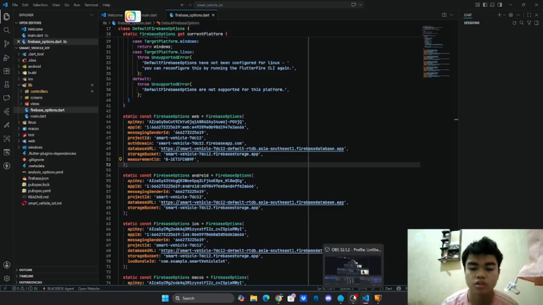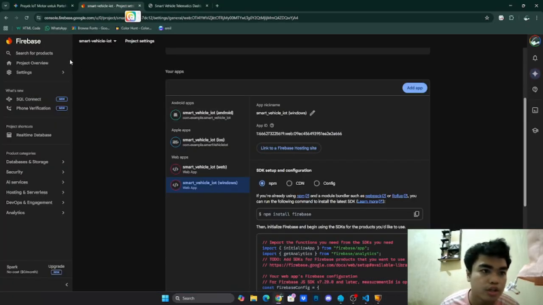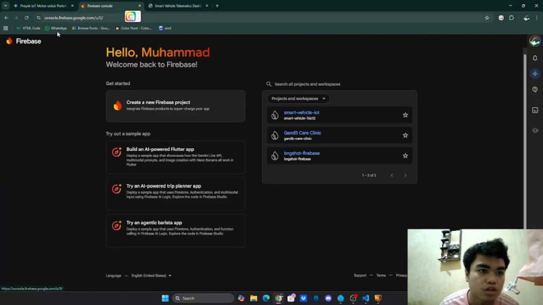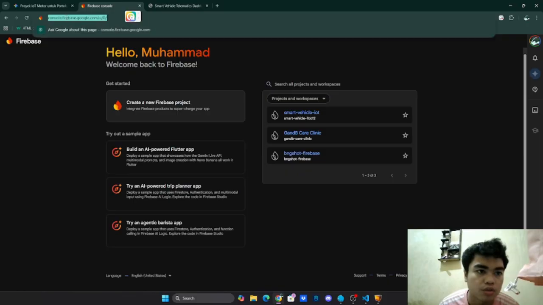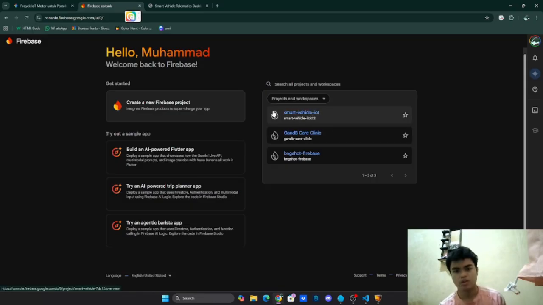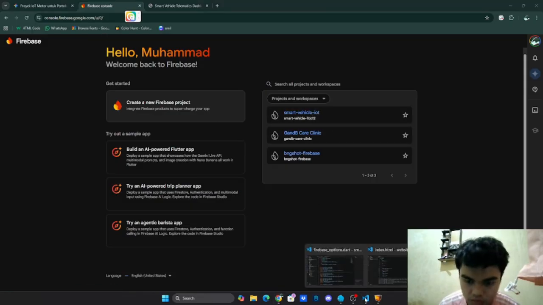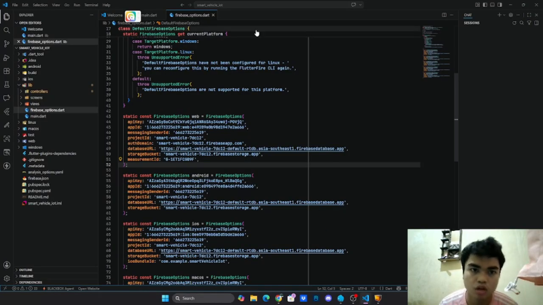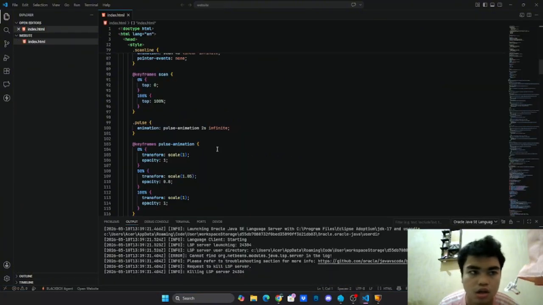Before that, I want to show you how to create the Firebase project. You can visit console.firebase.google.com and create a new Firebase project, for example Smart Vessel IoT. In a text editor like VS Code, you build the index.html file like this.